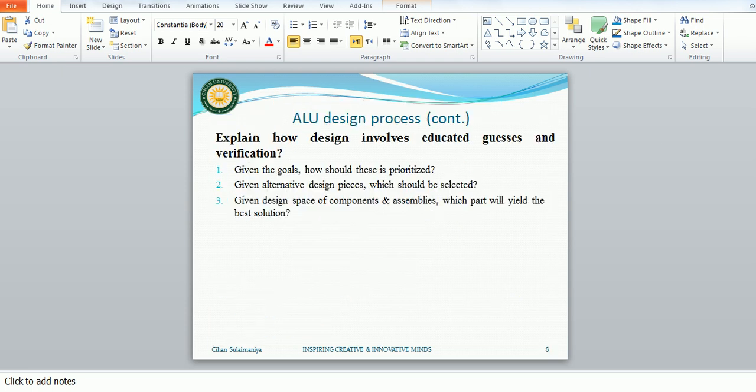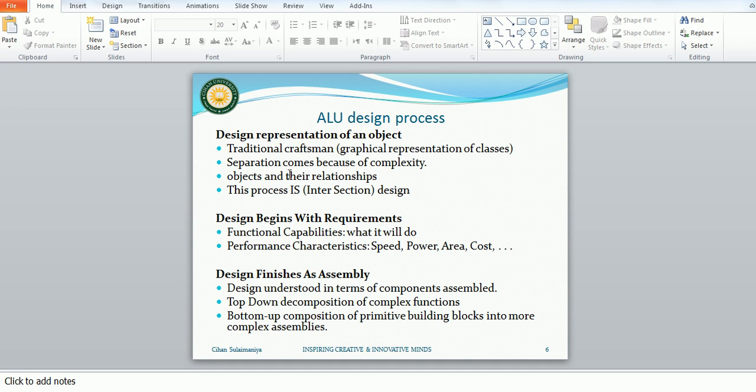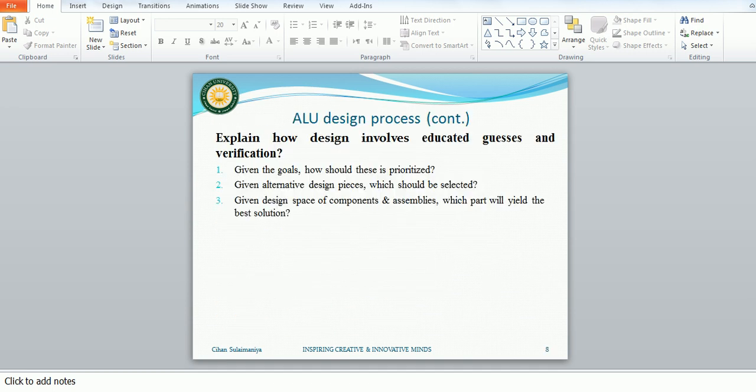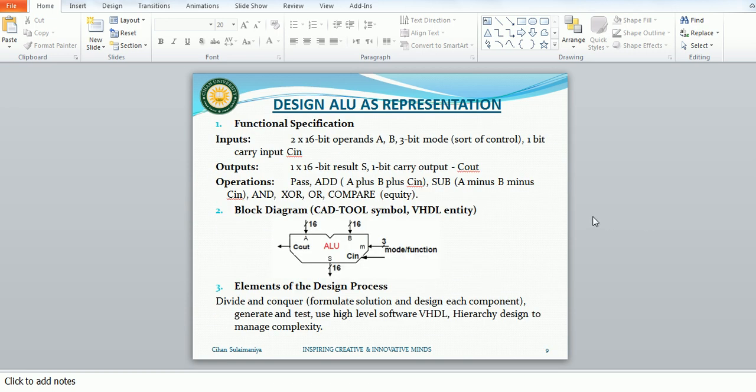First I have to draw the graphics and separate the outcome complexity, the object of relation, and then the process of intersection design. This is finally the design as a refreshment. Before the graphics, I have to decide what input and output I have. Because it is addition, I need two inputs,